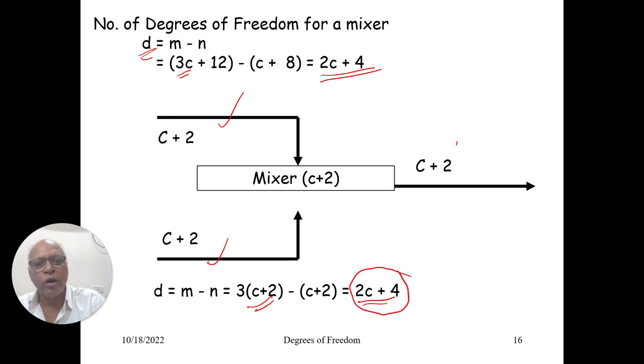But remember, specifying these two streams is not part of your degrees of freedom. If you want, you could have specified some variables here also. But specifying variables with respect to output streams is not permitted in a rating problem. So you will be forced to specify only the input streams because you are using only rating calculations. But degrees of freedom will never tell you that. You define these only, I'll be able to calculate the output stream values.